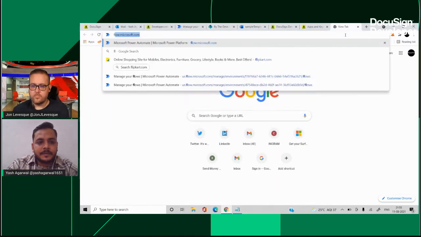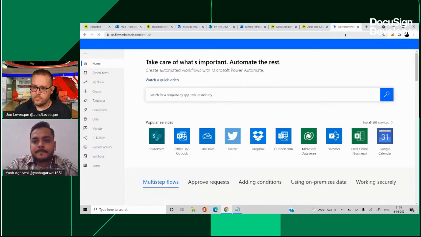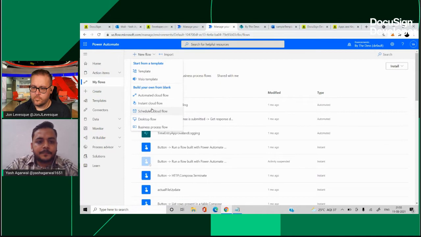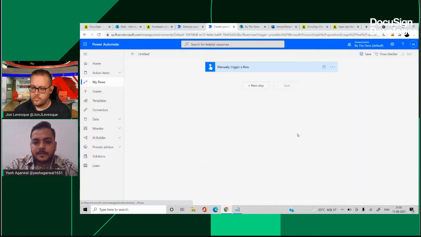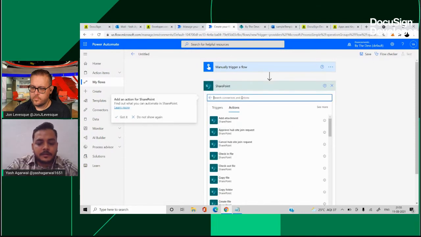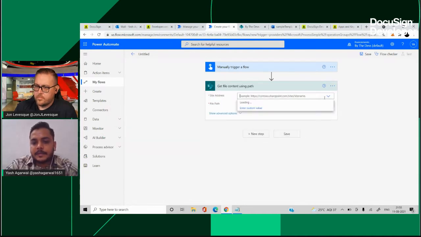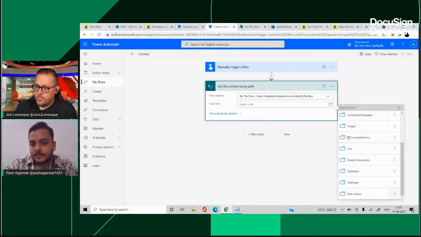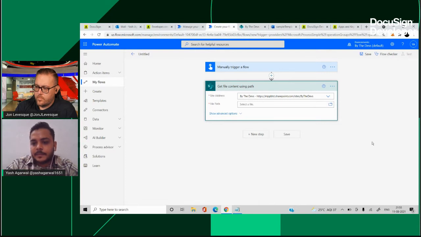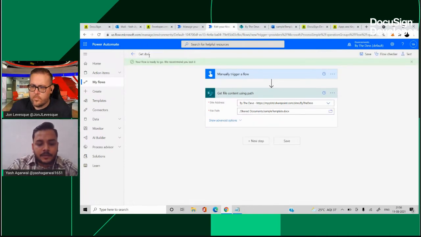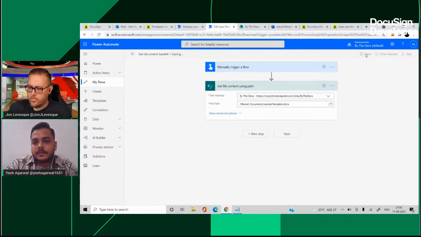So I'm going to open a new tab and go to flow.microsoft.com. So this one is basically we'll just do a quick action to get a document base 64 string. So I'll manually trigger this flow. I'll add a step here and search for SharePoint. And here I'm going to search for get file content using path because we've already uploaded our document here. So I'll just select the site, navigate to the path which is on my shared documents and sample template. Save. Let's just rename this to get document base 64. Save again